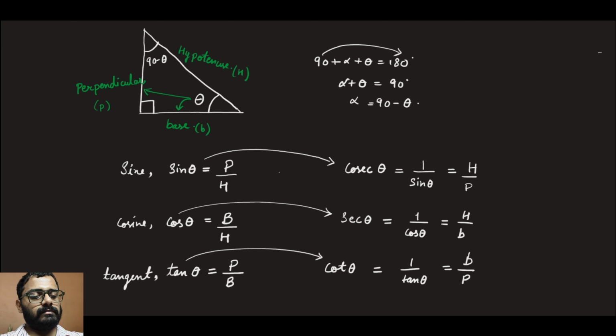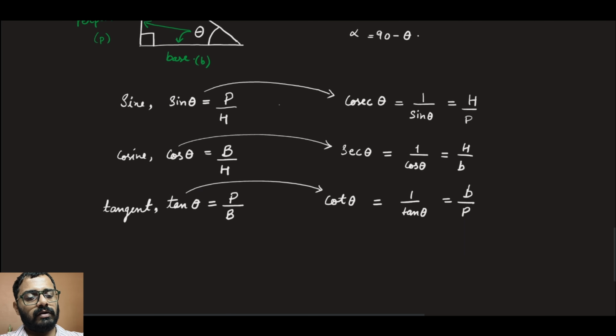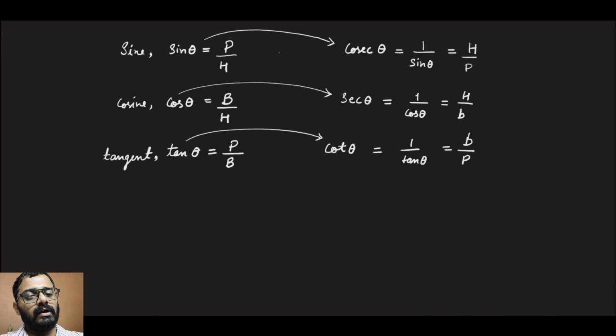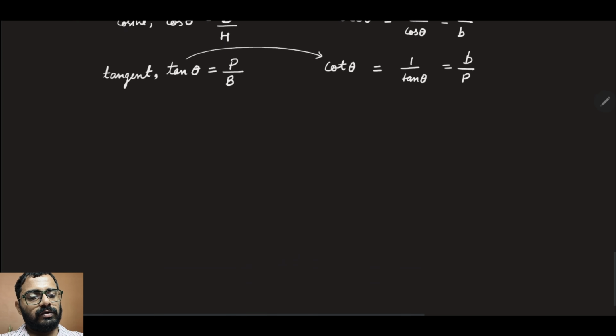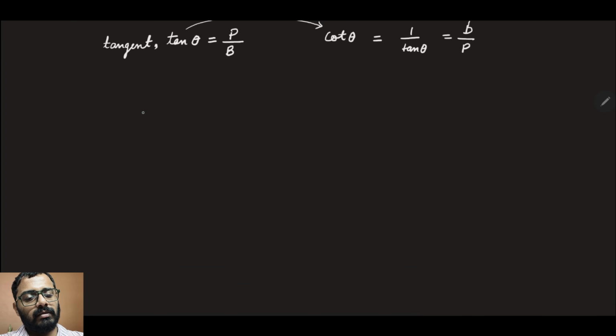After that there are few general angles for which you have to remember the value of these ratios. Okay, so I'll give you the table here. This is sine, this is cos, and here it is tangent. For which angles you have to remember it? 0 degree, 30 degree,